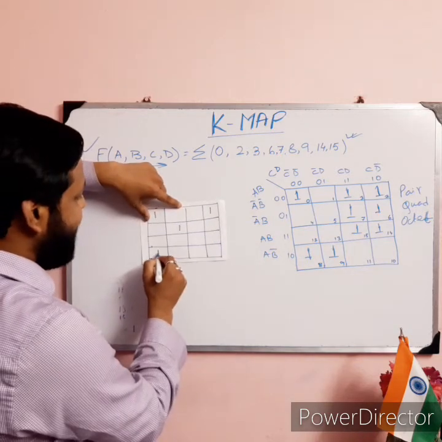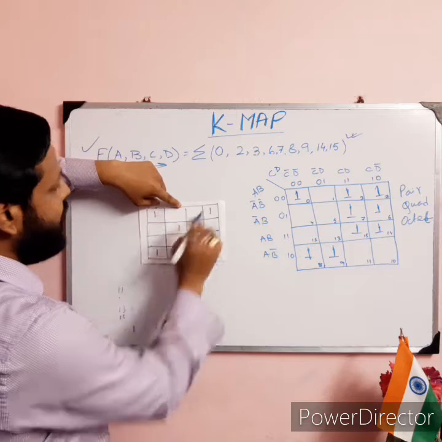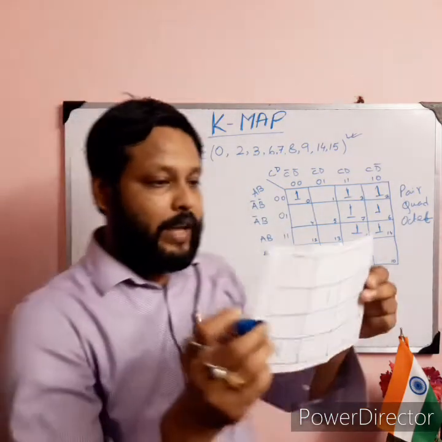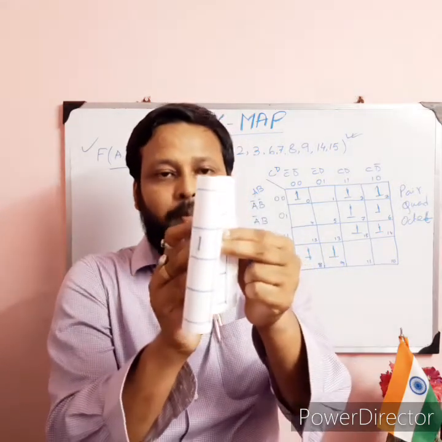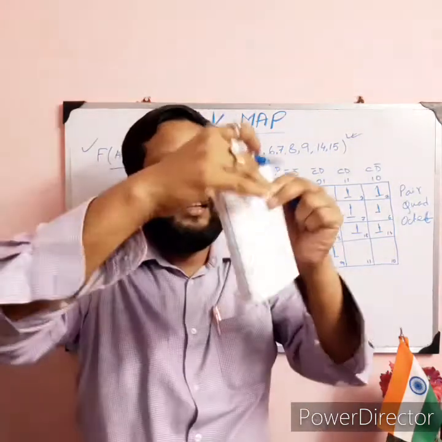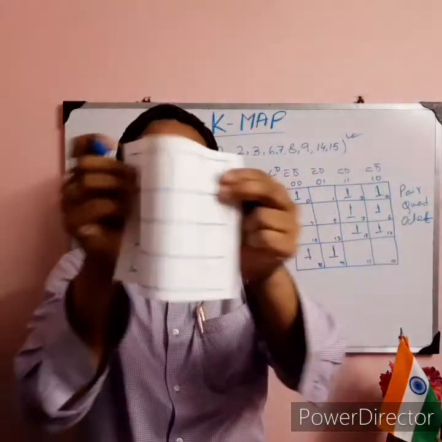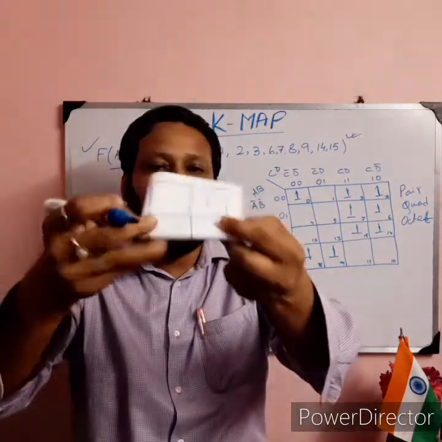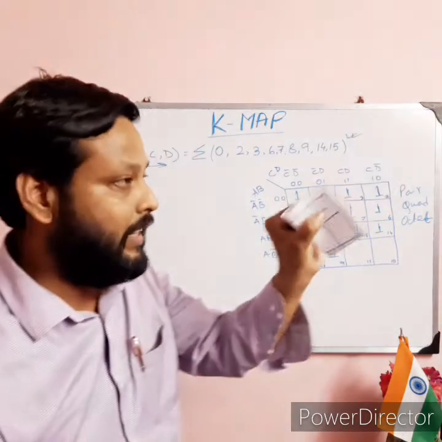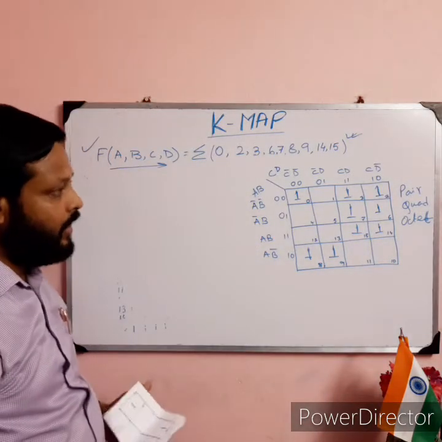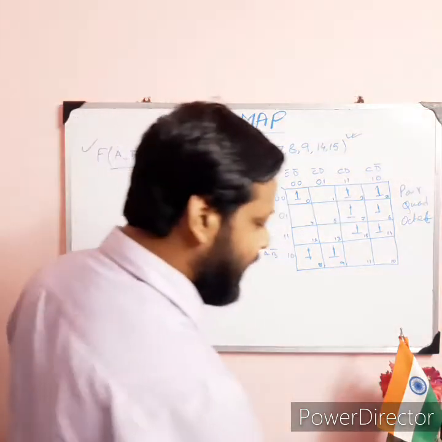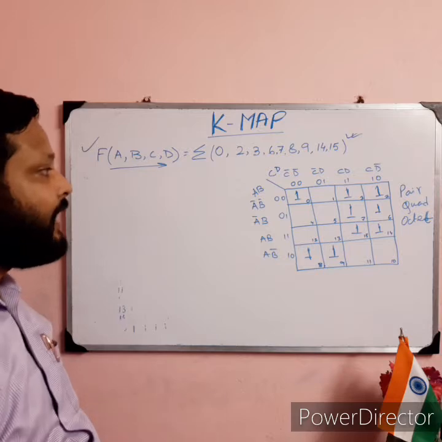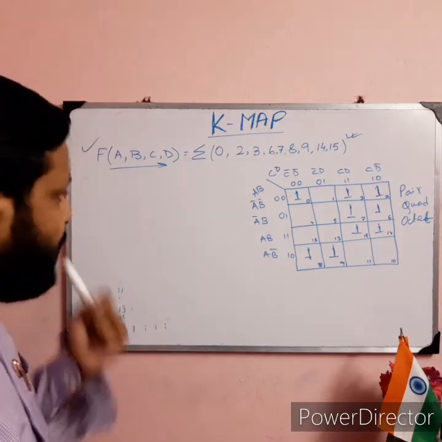Let me explain another concept. This one, 4 corners. Can 4 corners create a group? Yes, they can create. Why? Because if we fold from the middle, we can find out that this one is overlapping here and this one is overlapping here. After that, if we fold from the middle, all of them come together. So they can create the group. So the important thing, the first one, is that we create the group as per symmetric form.